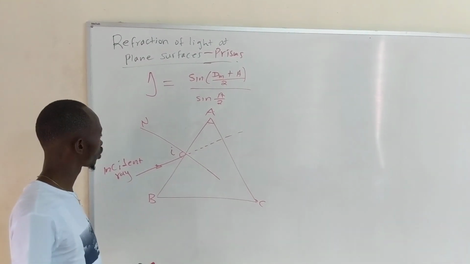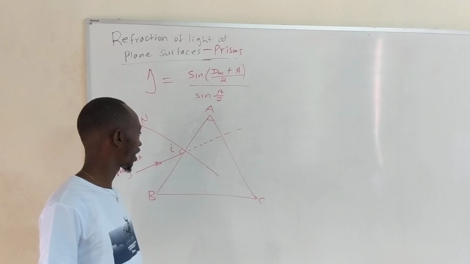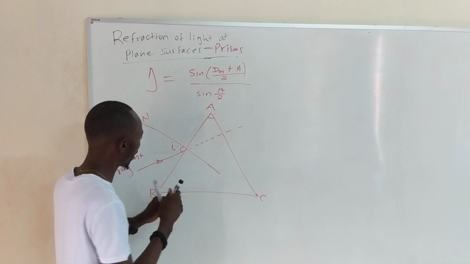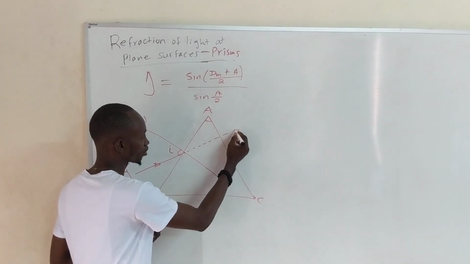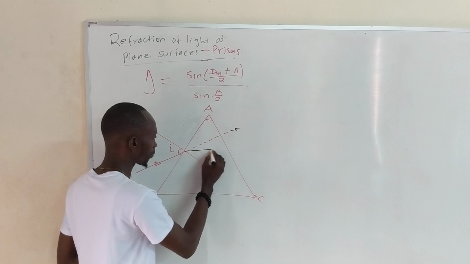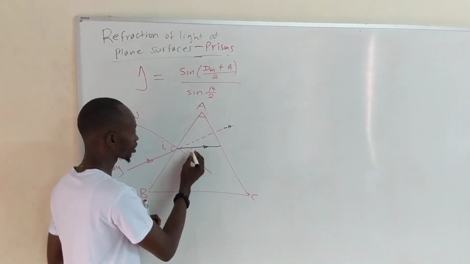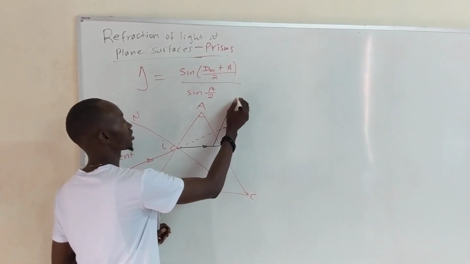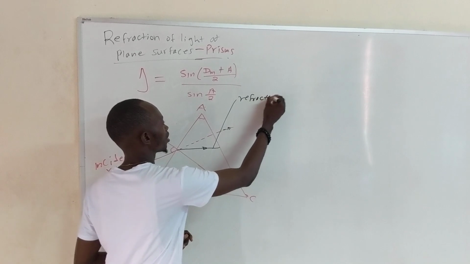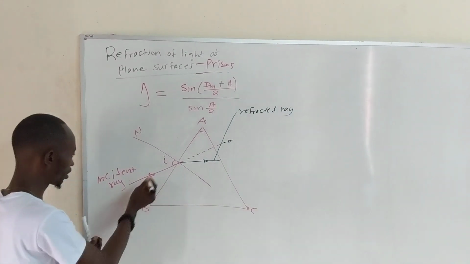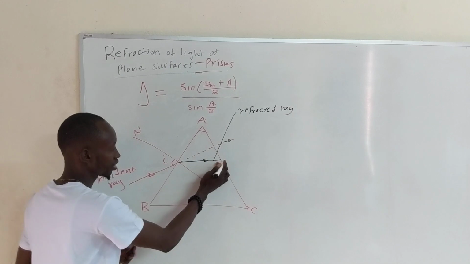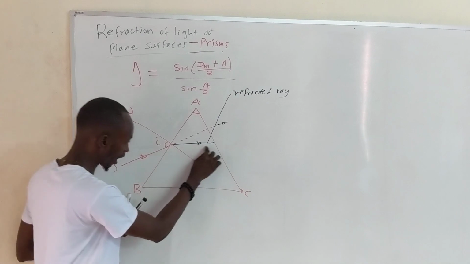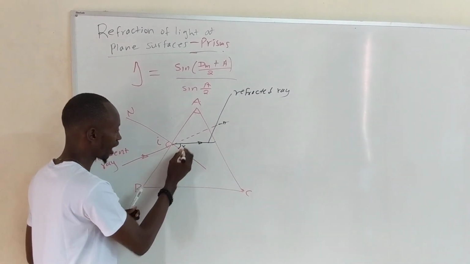And that something is what we call what? Refraction. Refraction is just the bending of light when it encounters a hard surface. Instead of the ray to continue this way, the ray definitely bends. Instead of it to move in this direction, it bends, it follows this path. So this is the direction. Since it follows this path, this ray is the refracted ray. Because this ray is the incident ray, this ray is the refracted ray. So now the angle between the normal and the refracted ray, that angle is what we call the angle of